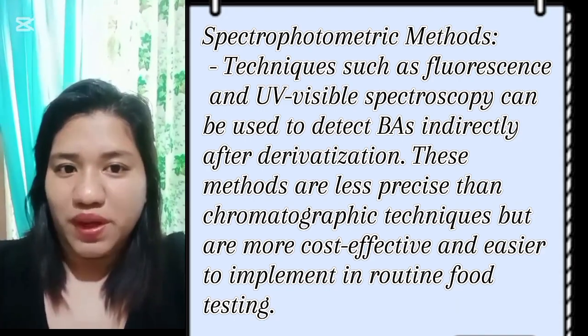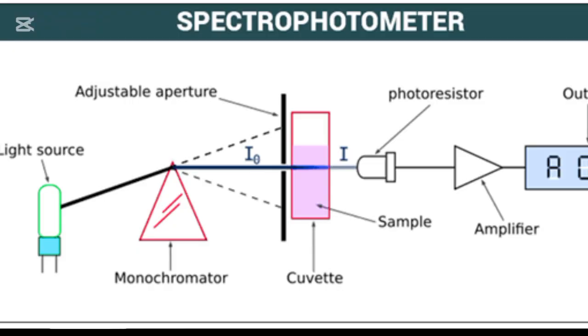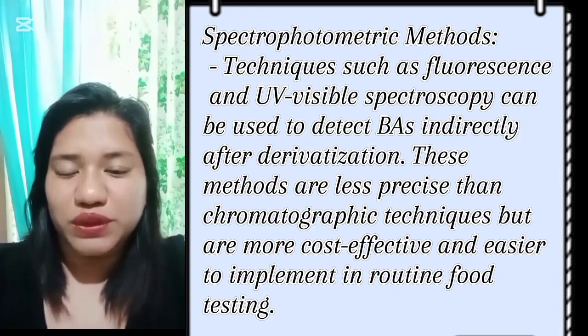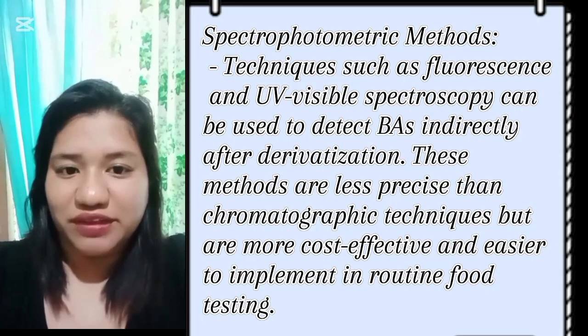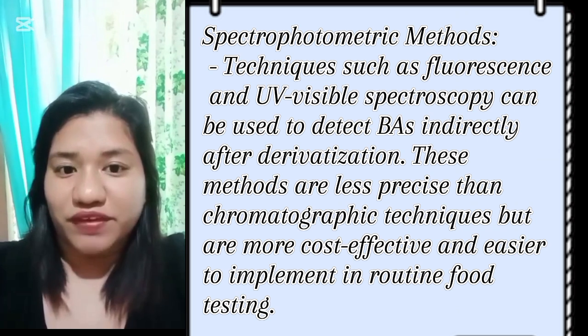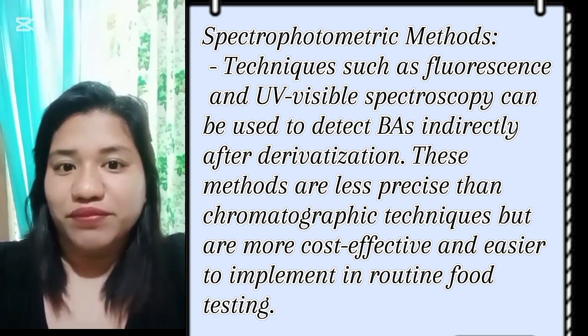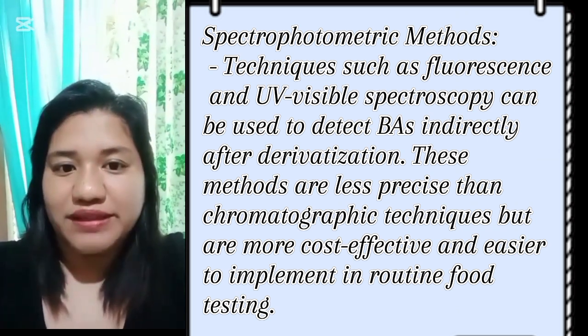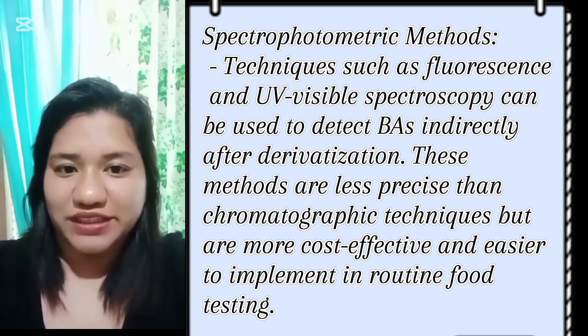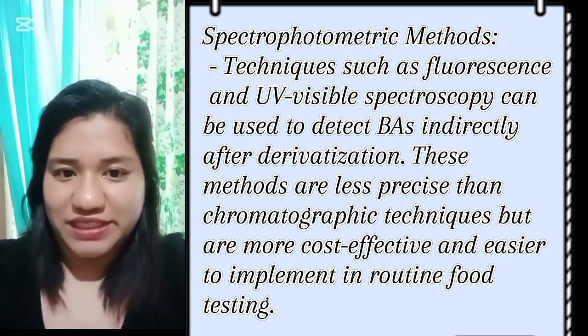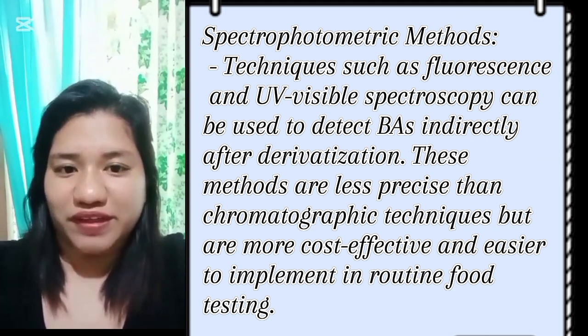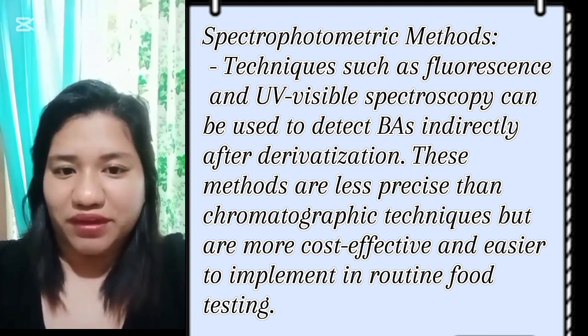Number 2. Spectrophotometric method. Techniques such as fluorescence and UV-visible spectroscopy can be used to detect biogenic amines indirectly after derivatization. These methods are less precise than chromatographic techniques, but are more cost-effective and easier to implement in routine food